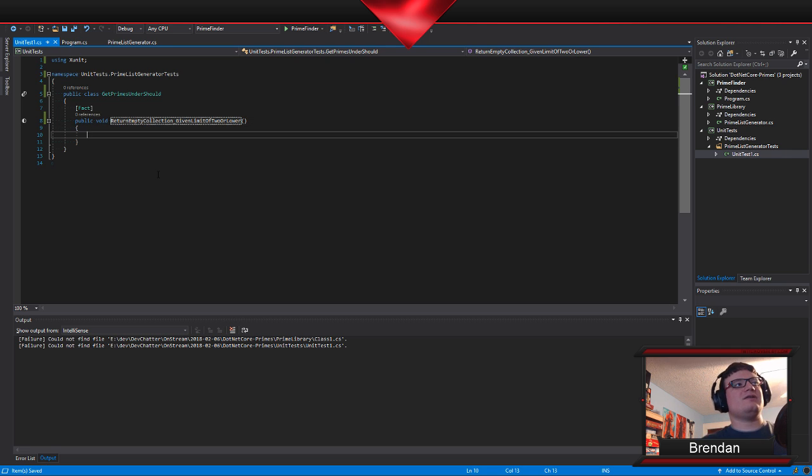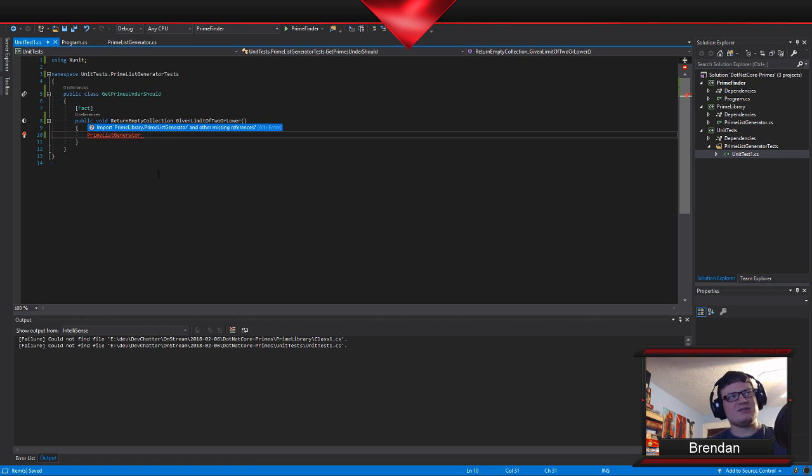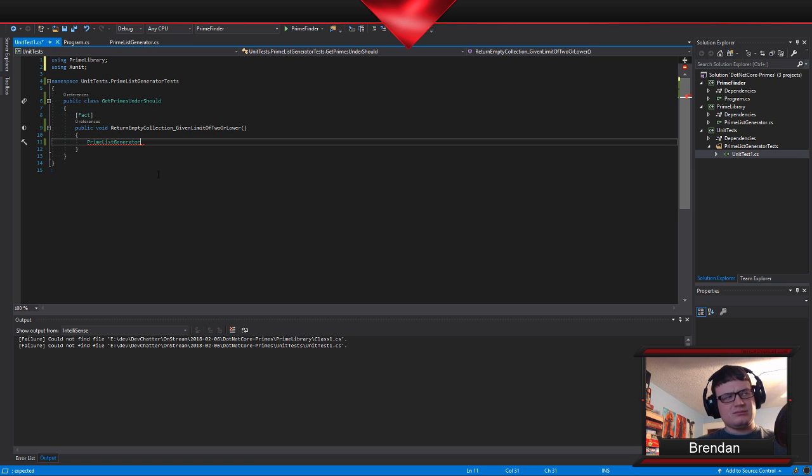Okay, so in order to make this work, I need to get my prime list generator. For now, I'm not expecting that this is going to have any dependencies, so I think I'm going to make it static. Now later on, if I do need to give it a dependency, I might change that, but it seems like it doesn't have any dependencies and it's just going to work the way that it does. Most of you probably know I'm not a big fan of having too many statics, but this thing seems like it's more a math thing than anything else, and a math thing seems like it should be static.